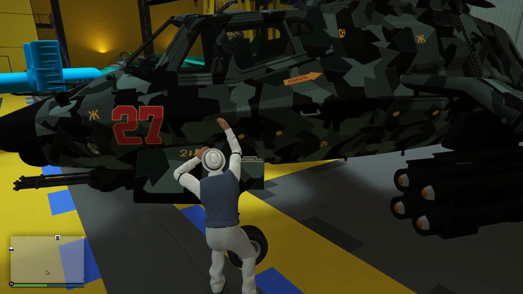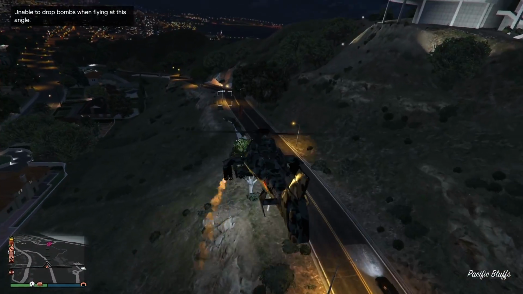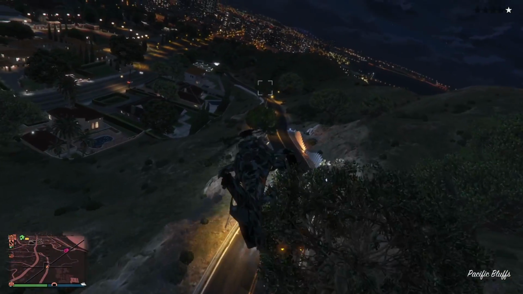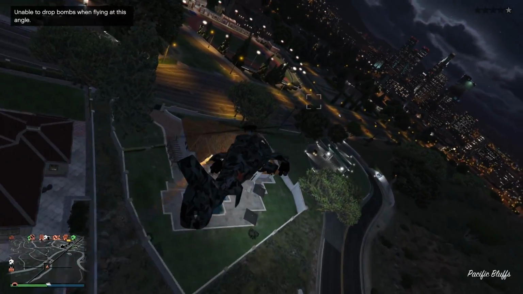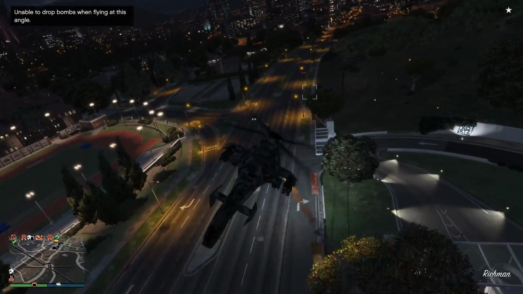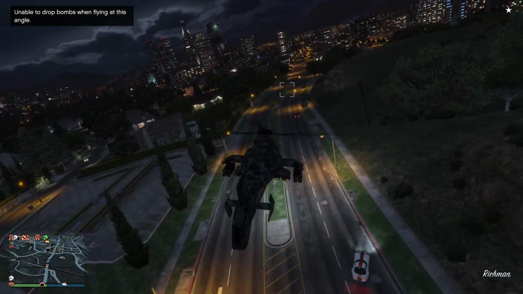At number 7 I have the Kula. The Kula is a stealth helicopter. In that sense, it has a unique stealth feature where you cannot be seen on the minimap or the big map, so basically your blip cannot be seen if you activate this stealth feature. Because of this, it's really good for